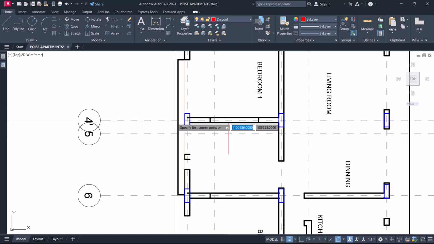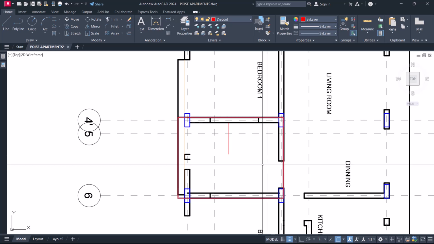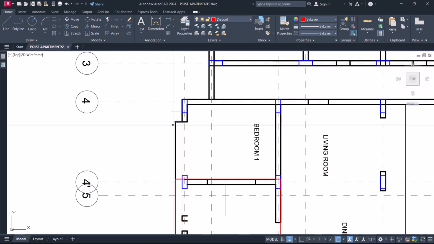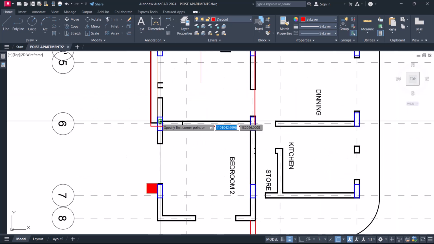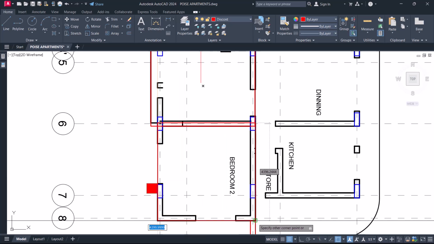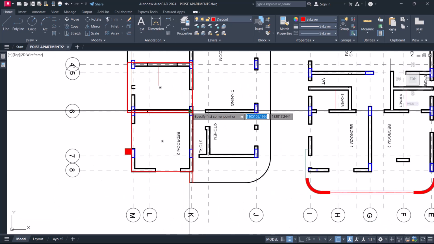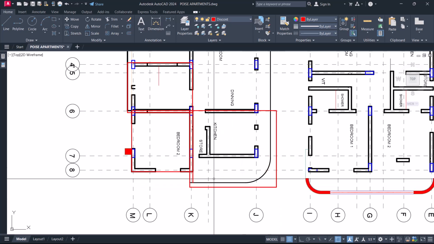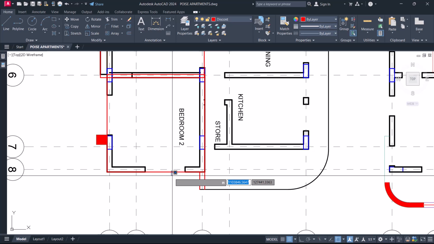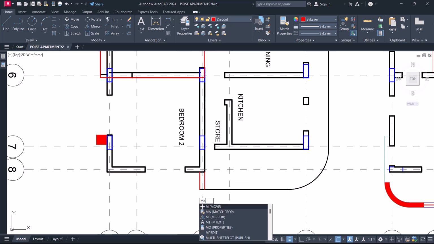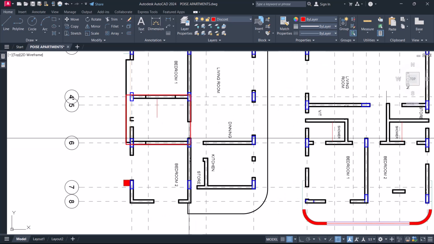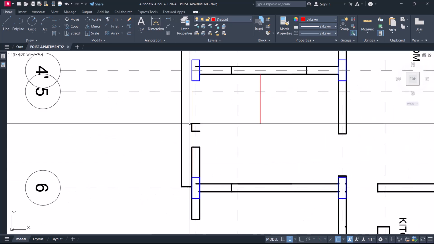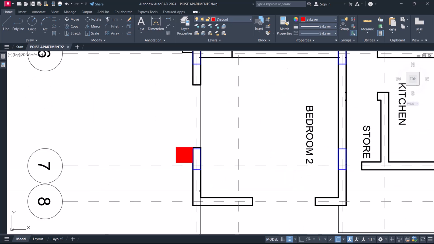Okay, so this is one. From here to this part will be one slab partition. From here to this curve up to this part will be another slab partition, while from this part to this part will be another slab partition, and from here up to this part will be another slab partition. All right, so we'll match these properties from here up to this point, and we can erase this. Let's erase this as well. Let's erase this, and